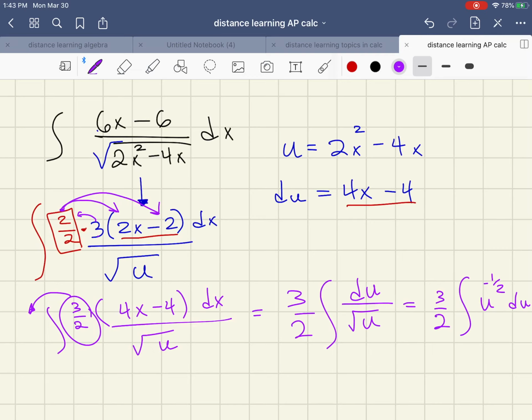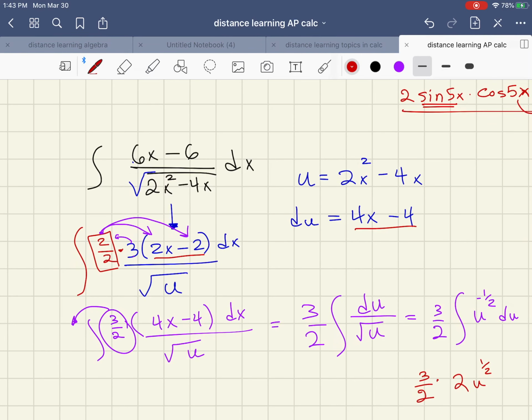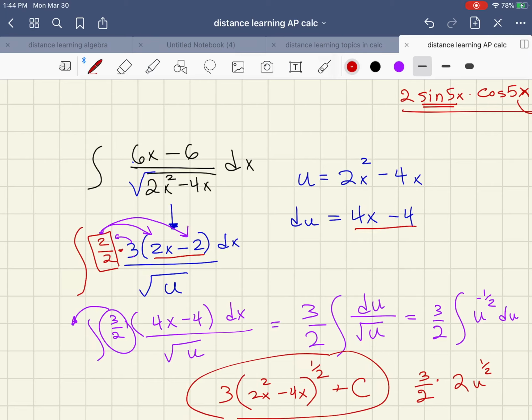So now I can integrate using my power rule, go up by 1, multiply by 2, and multiply by my 3 halves, and I get 3 times my u to the half. U sub